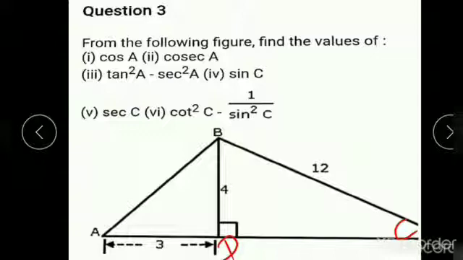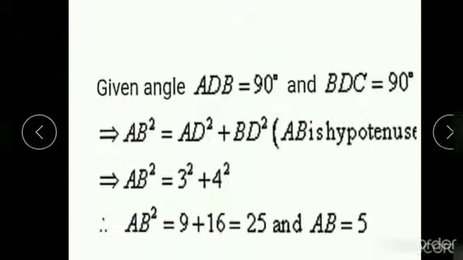So you know the side opposite to the reference angle will be the perpendicular, the side opposite to the right angle will be your hypotenuse, and the side adjacent to the reference angle will be the base. So DC will be your base, BD will be your perpendicular, and BC is your hypotenuse. Okay, so let's find out one more side of the triangle BDC.